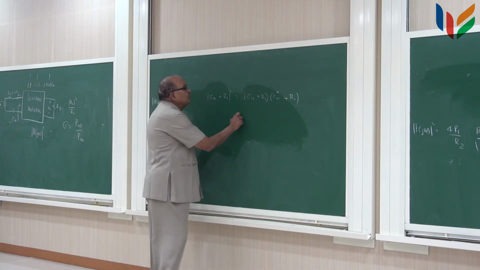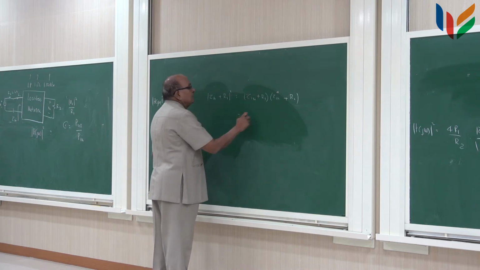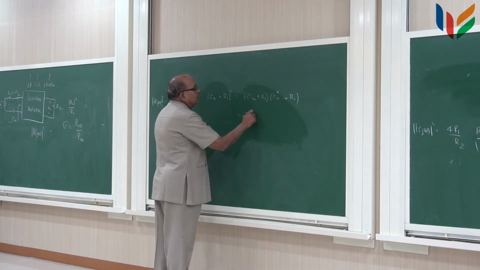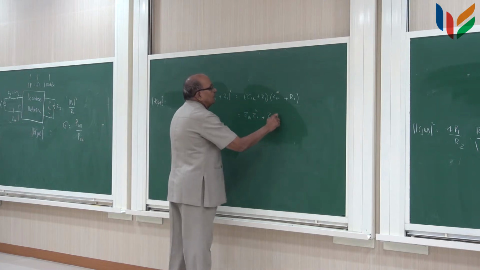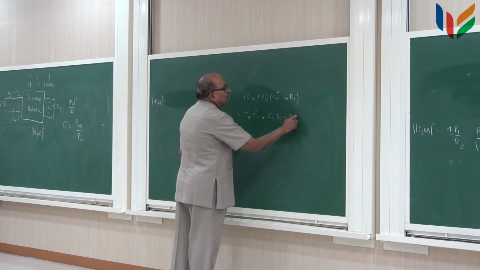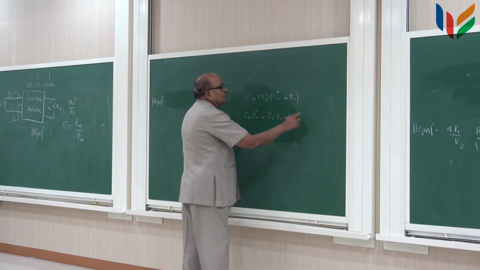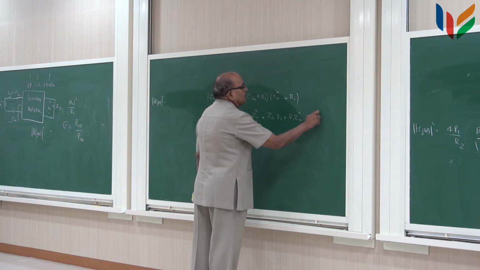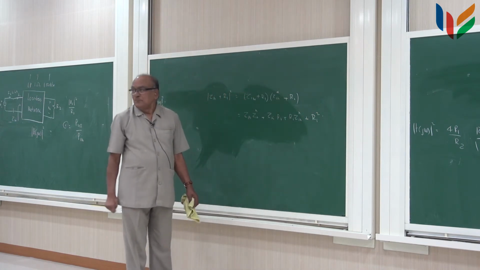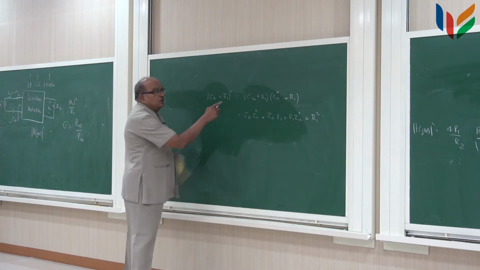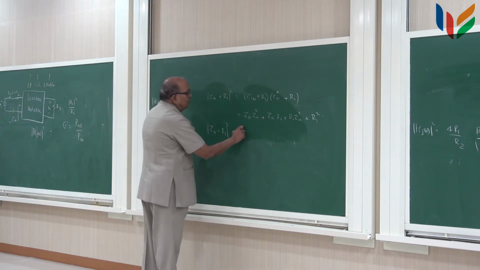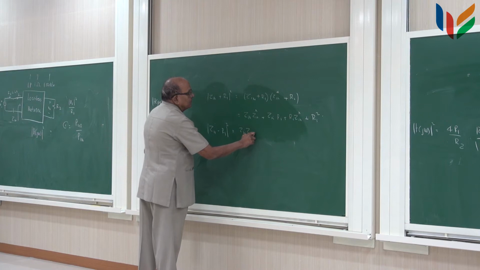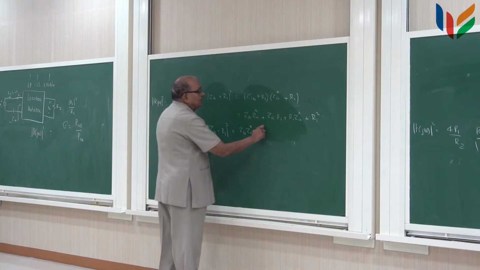And what does this become? Zin times Zin star plus Zin into R1 plus R1 into Zin star plus R1 square. The numerator is equal to the same, with the minus sign,